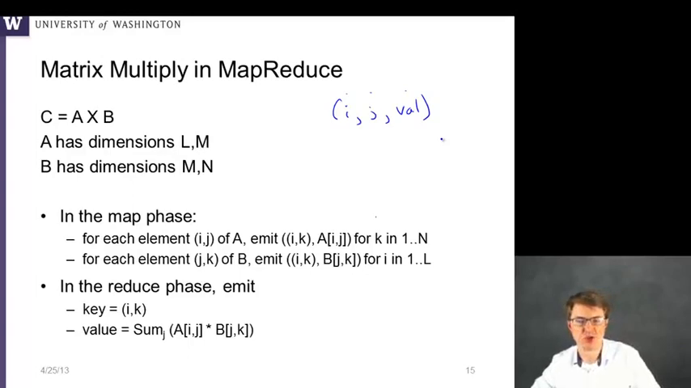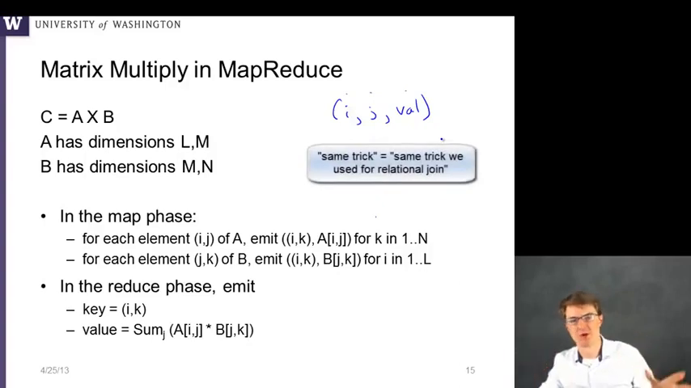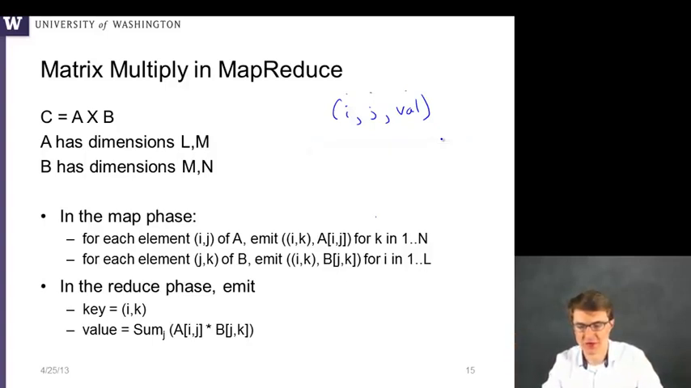So we're given 2 of these sparse matrices represented as sets of tuples, and we're going to do the same trick. Matrix multiply is a binary relation, and so we need to lump them all together. And we need to tag them with the source. And then we need to apply this kind of a trick. In the map phase, for every element ij of A,